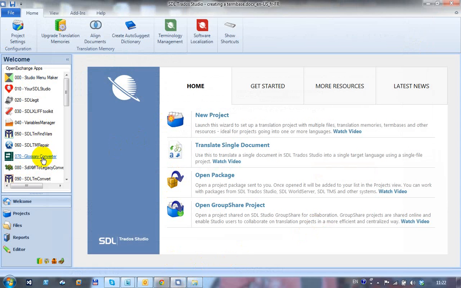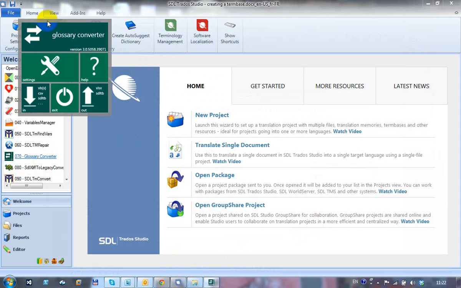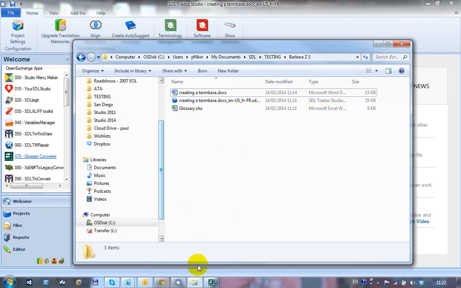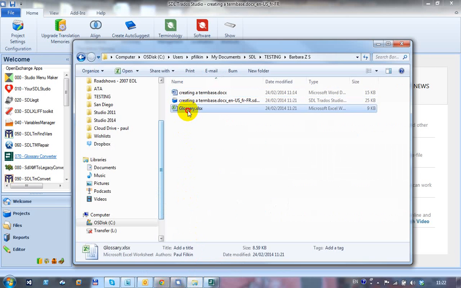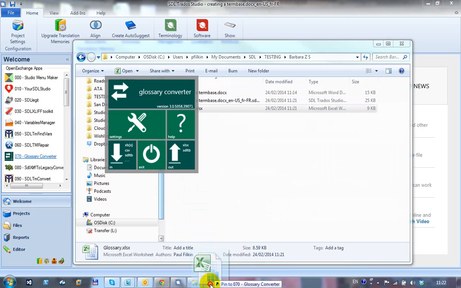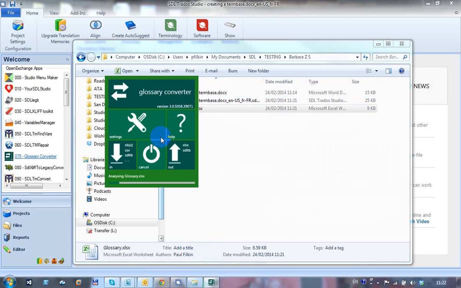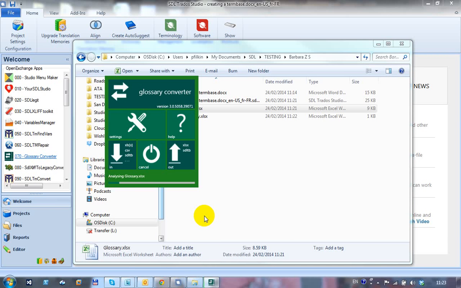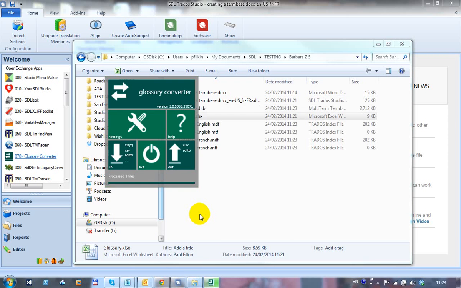Anyway, I'm just going to click on the Glossary Converter, and this starts the application up, and this is what it looks like. It's just this little box like this. I come back to here, and I just pick up my glossary that I just created in Excel, and I just drop it into there like that. And dropping it in, you can do more than just a simple glossary, but for something simple like this, it's automatically identified which languages I want, because that's what I put in the first row. I click on OK, and then